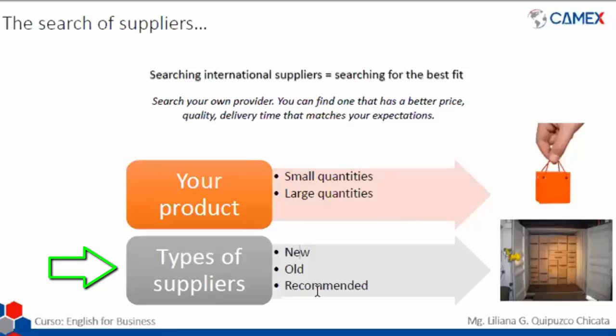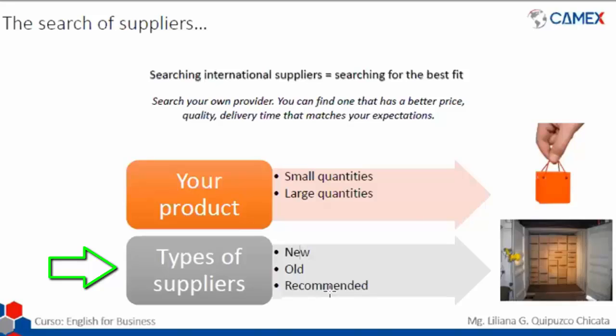As crazy as you can imagine, there are a lot of people who share who their suppliers are, so they both can buy from the same supplier to get a discount because they're buying large quantities. So it could happen that you ask someone else for their supplier and they give you the name. And if you import from this person, it is going to be a recommended supplier. But from these three kinds of suppliers, the one that I will recommend is the new ones because they are going to match your expectations. But of course, there are some exceptions.